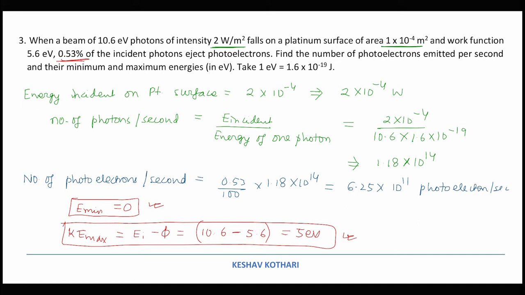It is because during the time when the photoelectrons are emitted from a metal surface and trying to come out, they can undergo collisions with the many things inside the metal plate, as a result of which they can lose all their kinetic energy and just manage to come out from the metal plate. So we say that the minimum amount of kinetic energy is 0, and the maximum energy corresponds to the incident energy minus work function. So all the values of the kinetic energy between the maximum and 0 are possible for the emitted photoelectrons. Let us deal with the next problem.